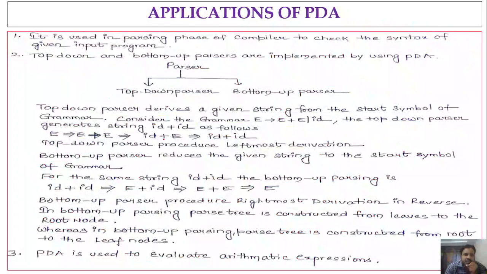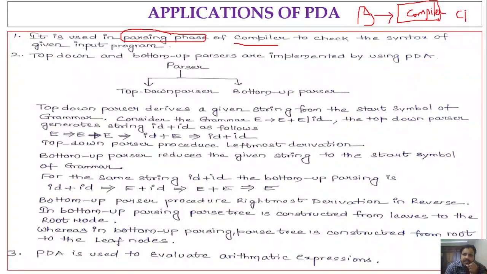And next one, the last topic is applications of PDA. So this pushdown automata is generally used in the parsing phase of the compiler, right? So let me explain what this parsing phase is. The moment we give the input program to the compiler, whether it is a .c file or .java file, the compiler will check for syntactic errors, right? In order to check for the syntactic errors, it has to match the given input program with respect to the grammar rules, right? So behind the screen,